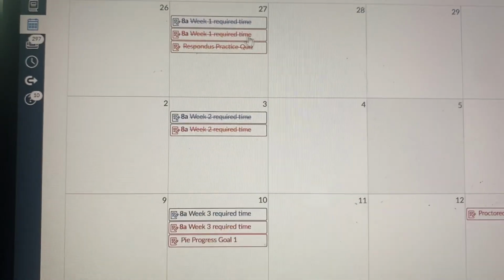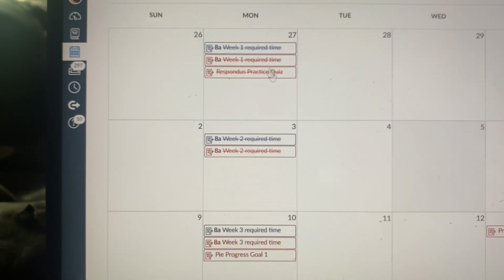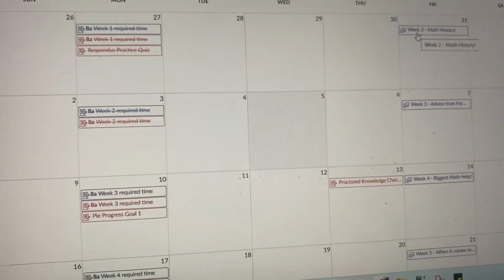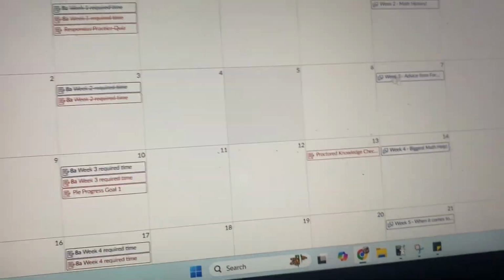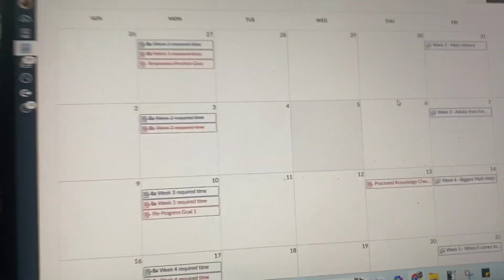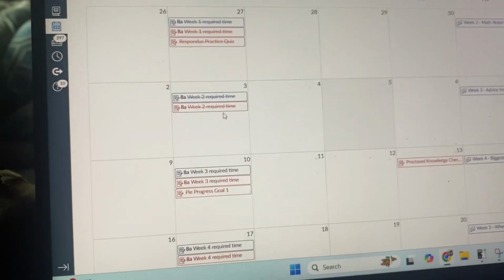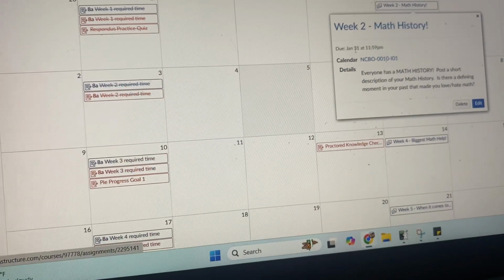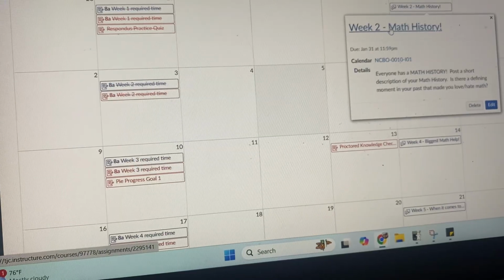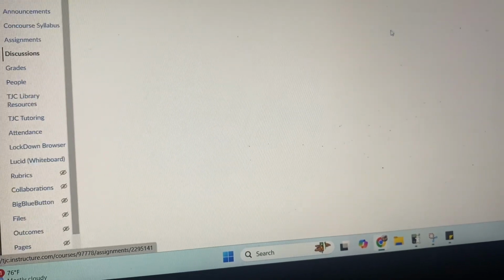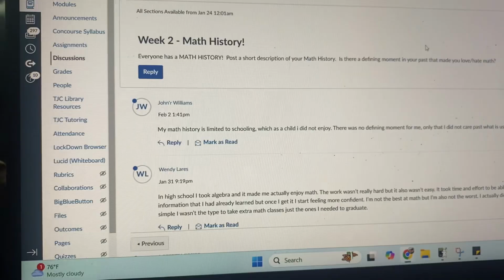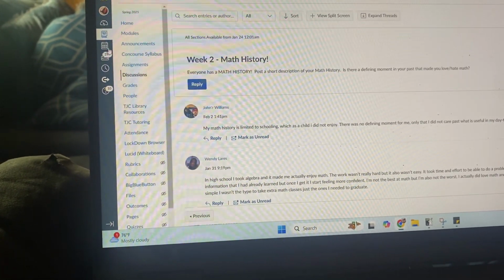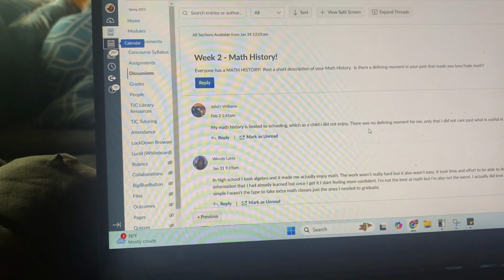So here is where you can see assignments that are past due are crossed out, assignments that are upcoming are not crossed out. So you've got one option. You can click on assignments from here. So you can see them, you can click on them and access them from calendar view. So there you've got that possibility there. If we go back to calendar view,